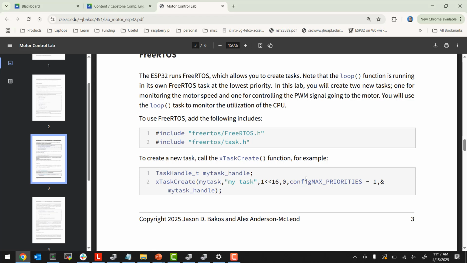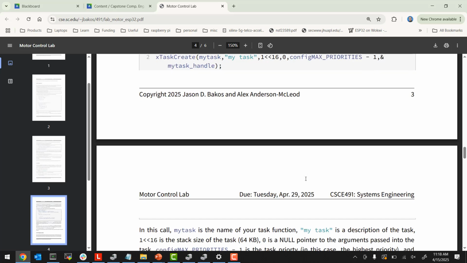And then you have an RMS scheduler. However, in this case, I recommend that you just set these all to the maximum because you'll probably have the same period for both, right? And so there's a thing called config max priorities -1 that will give it the highest priority. And for whatever reason, in FreeRTOS, higher priorities mean more priorities, right? Unlike RMS, which is lower period means higher priorities, right? Okay, so,